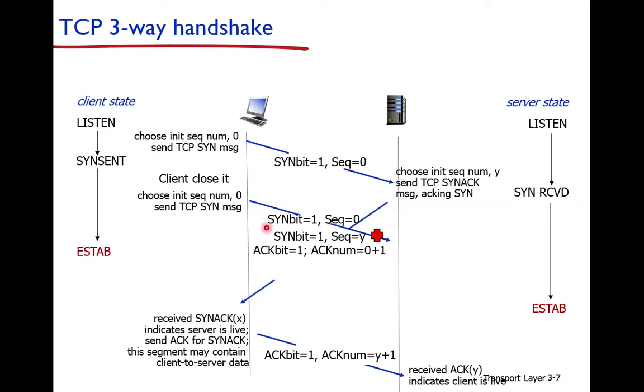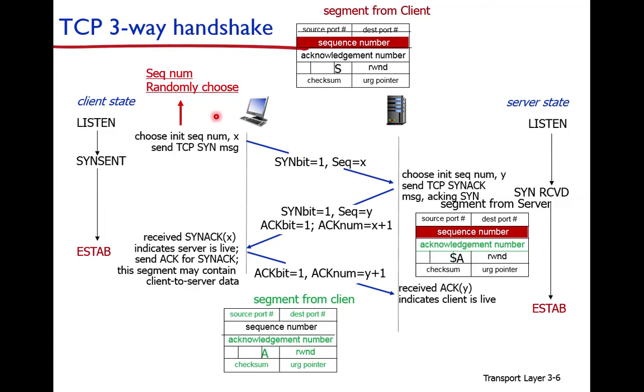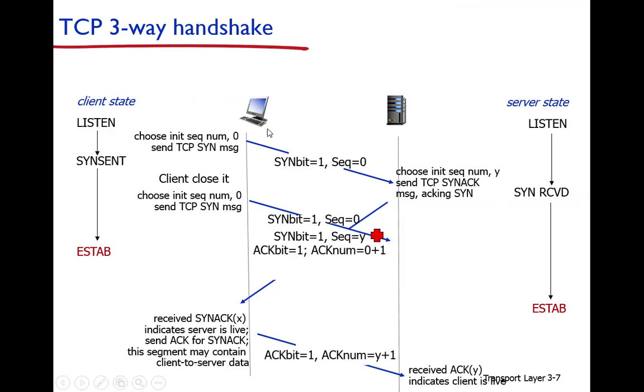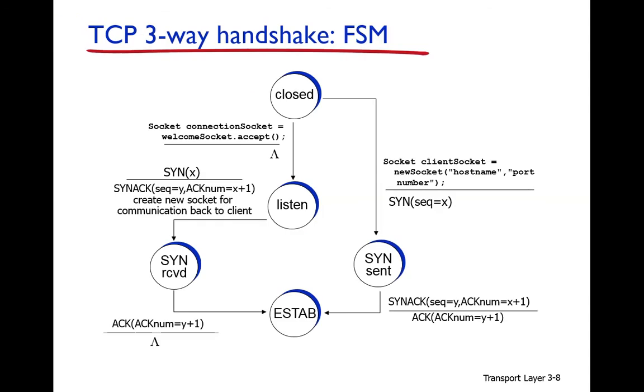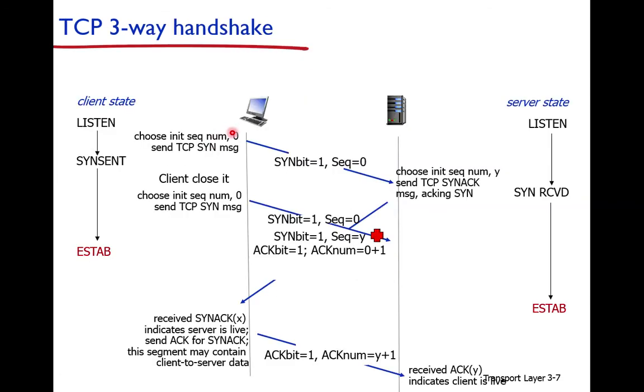So to avoid this problem, the server and client choose the initial sequence number randomly. If it is chosen randomly, then this problem will not happen. Why? For example, suppose the client chooses initial sequence number 5 randomly and it is sent. Then the connection is closed, and it establishes a new connection. It chooses randomly again, suppose it is chosen as 10. And if this sequence number is lost,